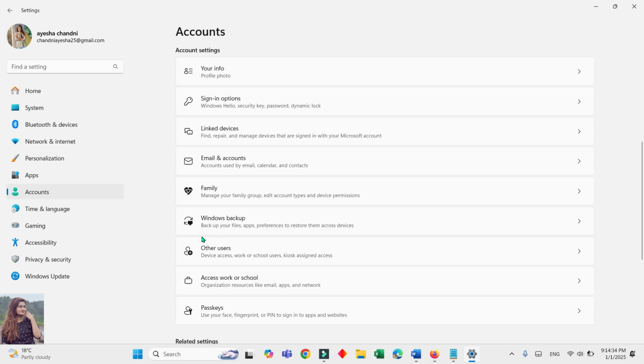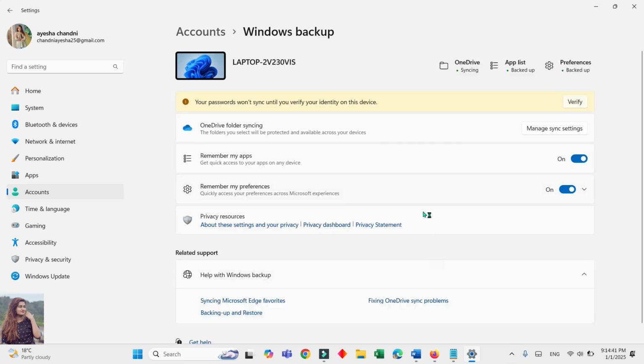Here you can back up your files, apps, preferences, and register them across this device. So click here, then Remember my preferences, which lets you quickly access your preferences across Microsoft experiences. The toggle has been on. See, so when I scroll